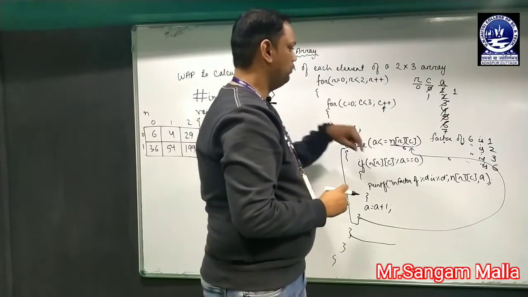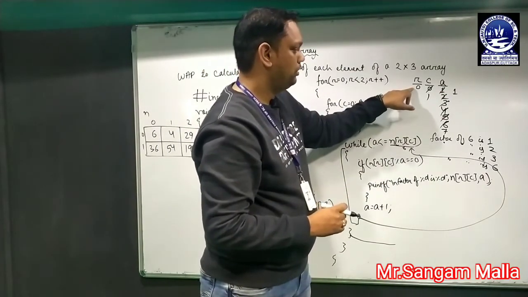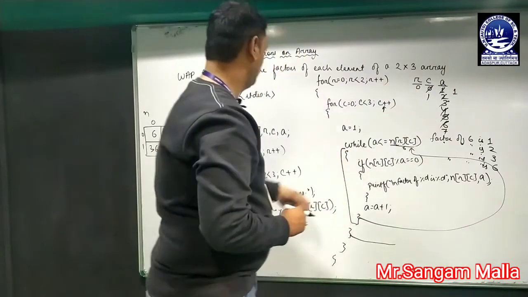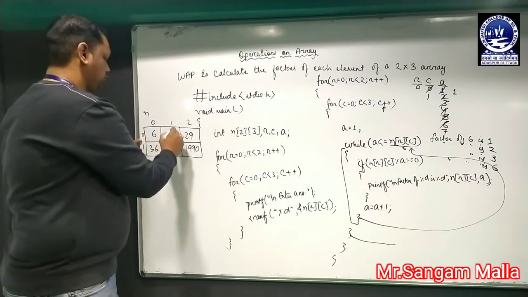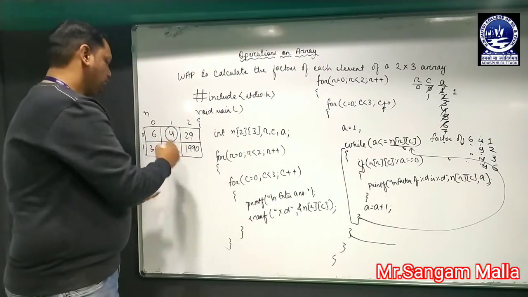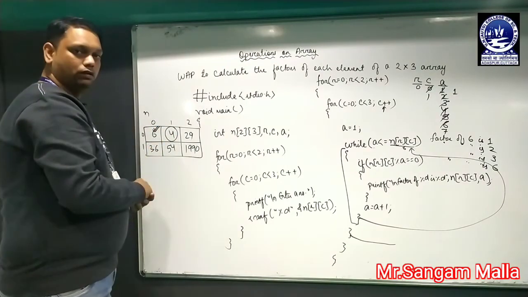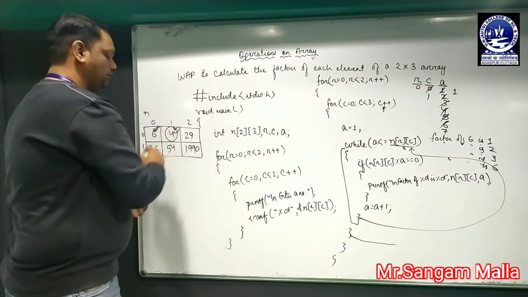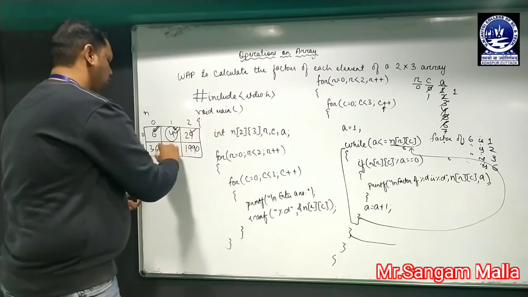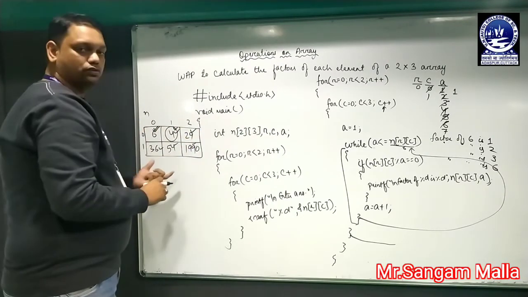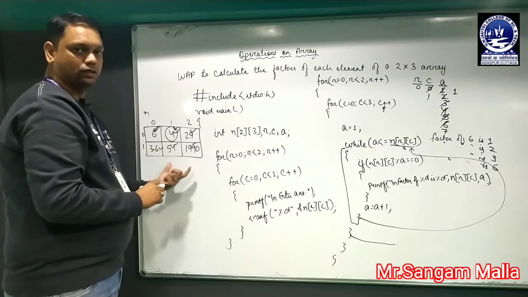Because now we will get the element that is n of RC. So n of 0 and 1. So what is the value of n of 0, 1? So it will take this value. So we have already calculated the factors of first element. Now it will calculate the factor of this element. And in this way all the factors of the elements of the 2D array will be calculated and